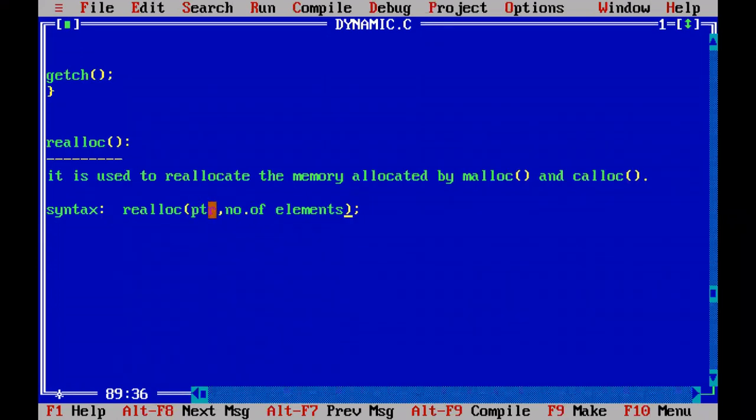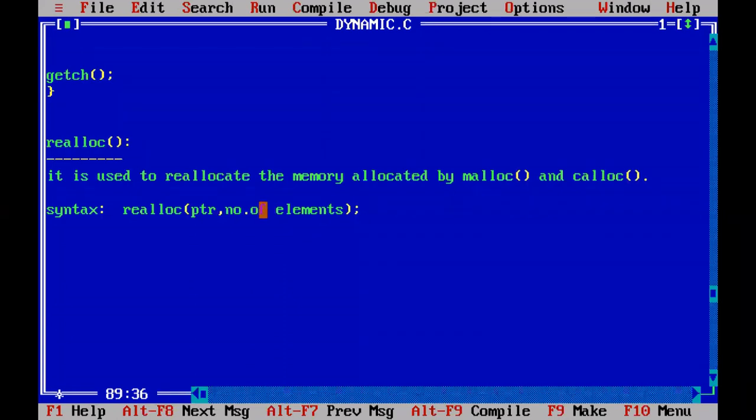Now PTR is having some memory for 5 elements, and we need to have memory for 3 other elements also. That number we have to give here, number of elements. When you give 3 here, additionally 6 bytes of memory is added for those 3 elements. Why? Because we are talking about integer type elements.